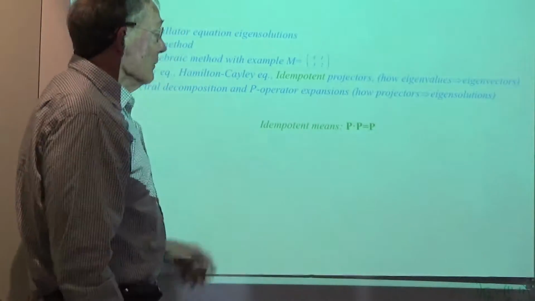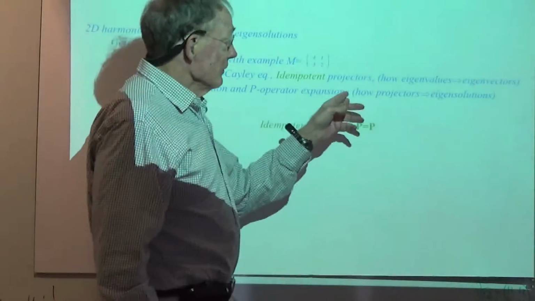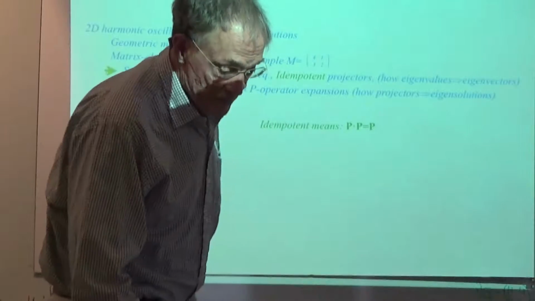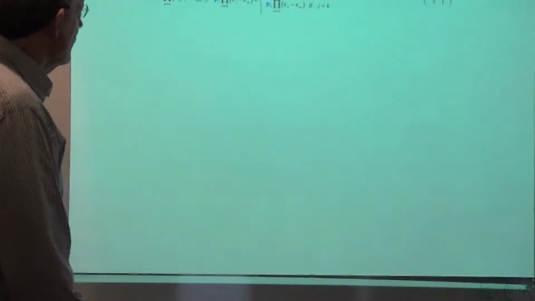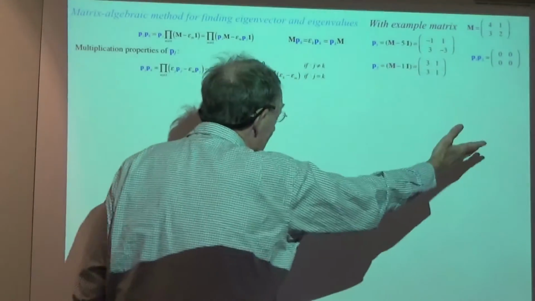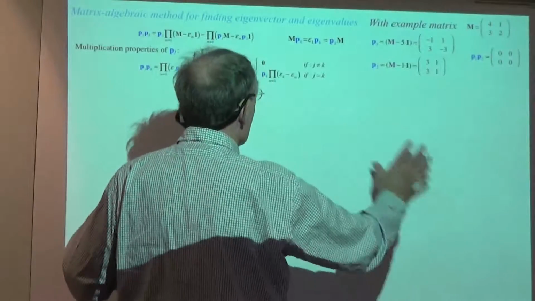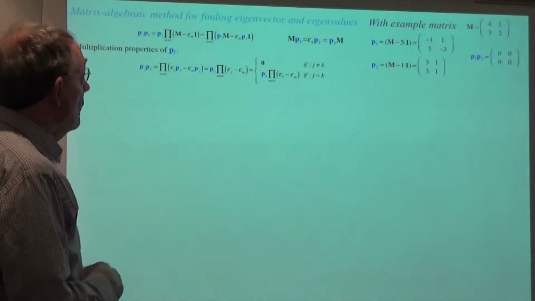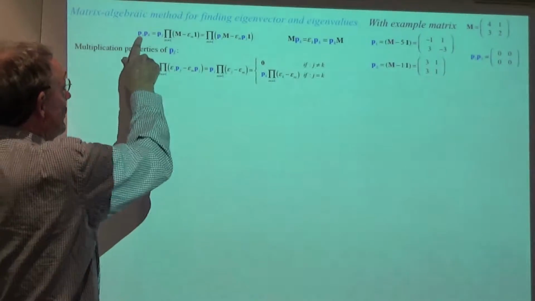So the real thing in here first is to see how the projectors make complete sets of eigensolutions that have convenient properties. So here's the deal written out in algebraic terms, and then here's the example. We'll keep doing it that way. Here's formal stuff, and there's an example. What we have just said is that